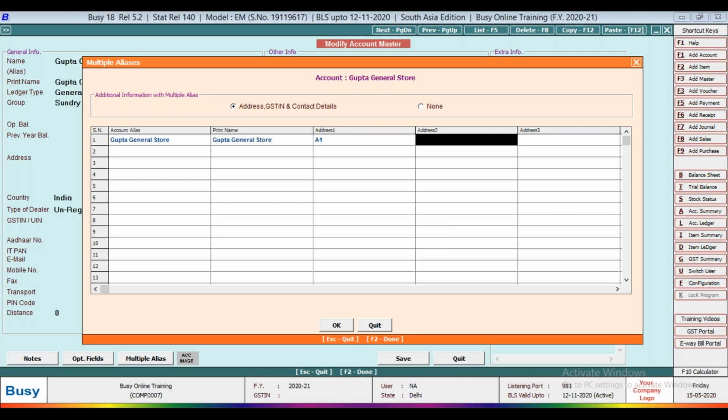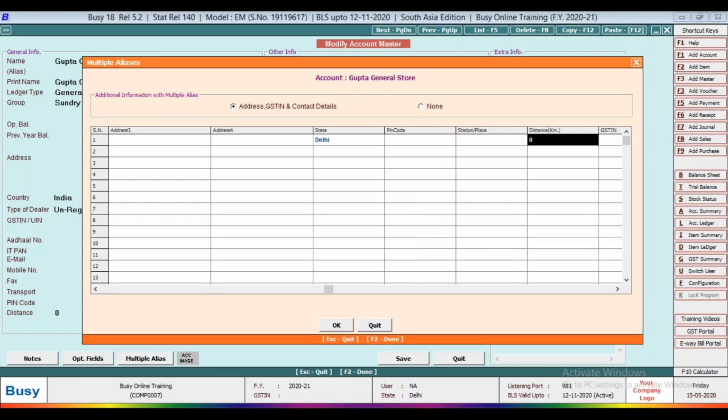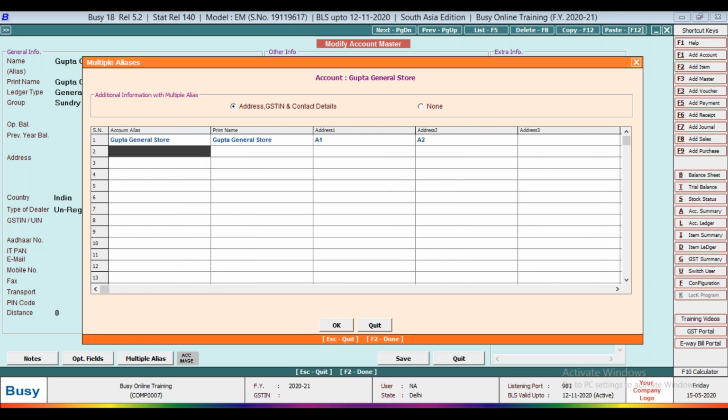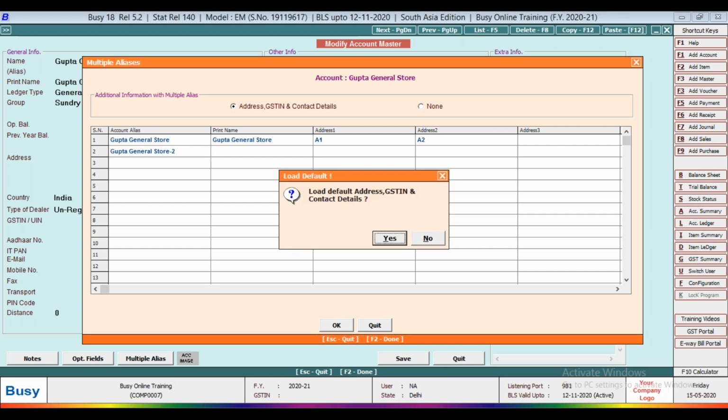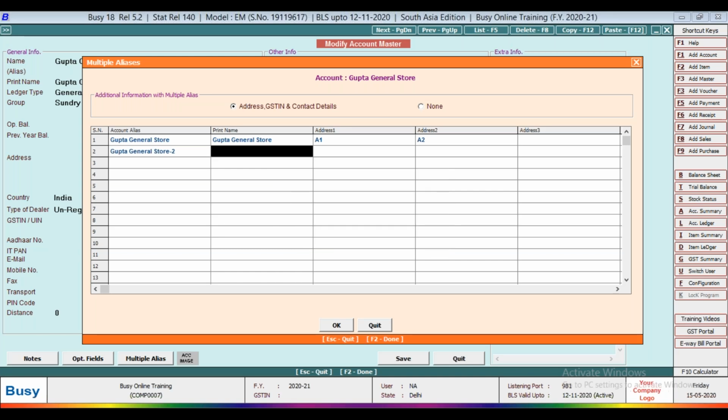Address one, 2, and print name is 2, address is like that.